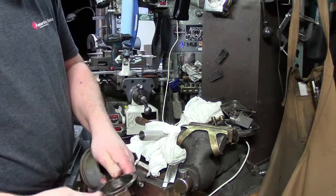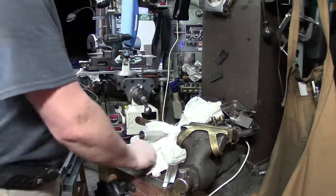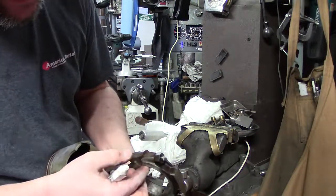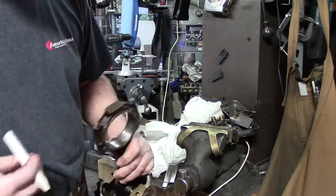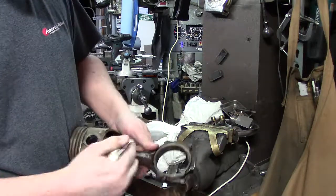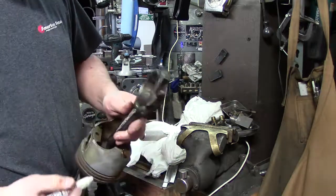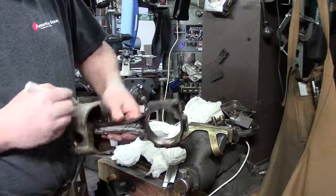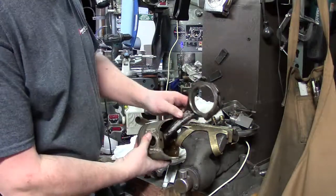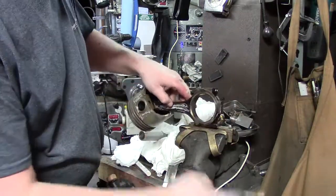Now, before we torque, let's mark this, because this hasn't been marked yet. So we've got our white lumber crayon, and this is rod number 8. And there's 8 marks on the bottom. So we'll just pick a side and mark it, so we know what it goes back together with. Okay, and we'll put 8 on here. It's not going to hurt a thing for what we're doing. So first off, we'll call this the top and this the bottom. We'll do a quick measurement just like we did before